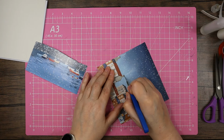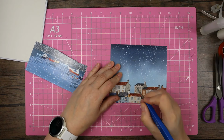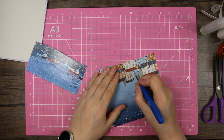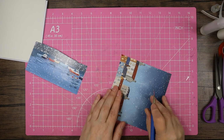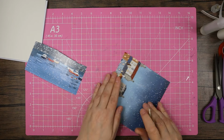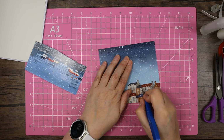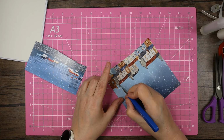What I thought I would do is just decoupage each layer just slightly on top of each other, so it's going to look like a complete scene, and then add some glitter for some highlights on this snow. You could always come over it with the snowfall acetate and sort of make a dome for it, turn it into a domed card. And it's all sort of straight lines, so nice and easy with a knife. I don't know if it would be quite as easy with scissors, but